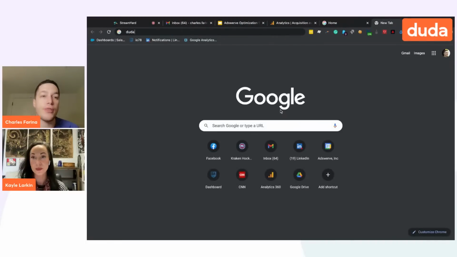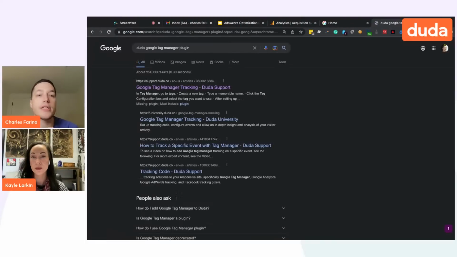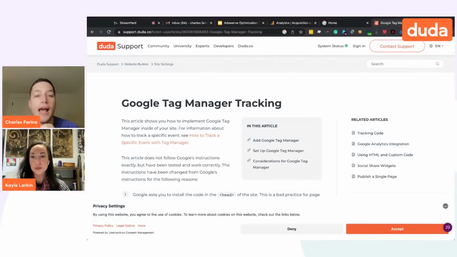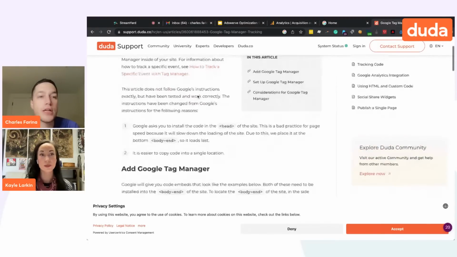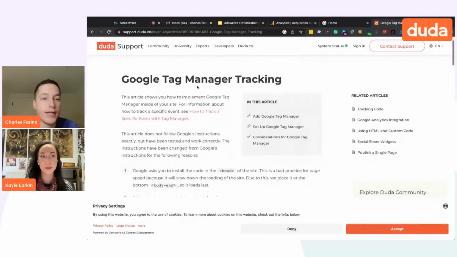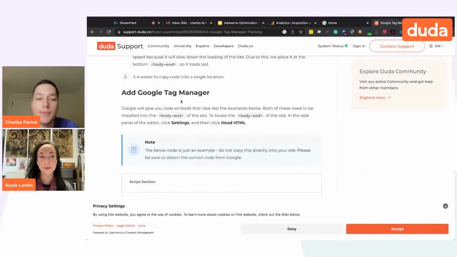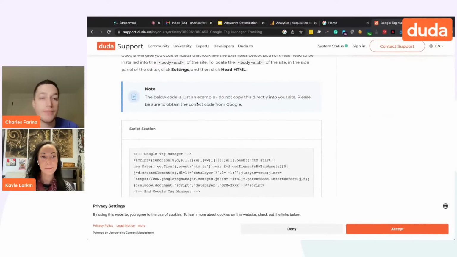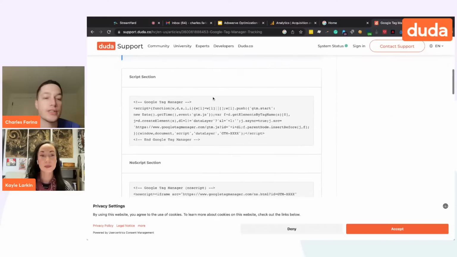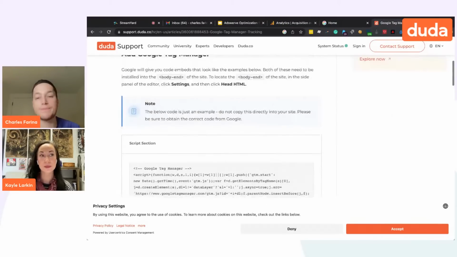So I would say the best way to start is, if you're using Duda or any kind of website out there, almost all of them have great plugins for Google Tag Manager. And Google Tag Manager is a tag management system. It makes it easy to manage all your tags, Google, Facebook, everything else. So in probably a minute or less, you can just go to your Google Tag Manager integration. You'll create a GTM account. If you already have one, it's going to be even faster for you. But the first step is just using the GTM plugin.